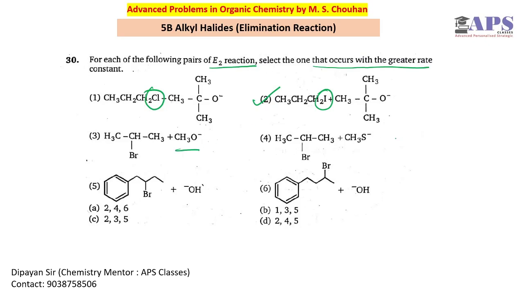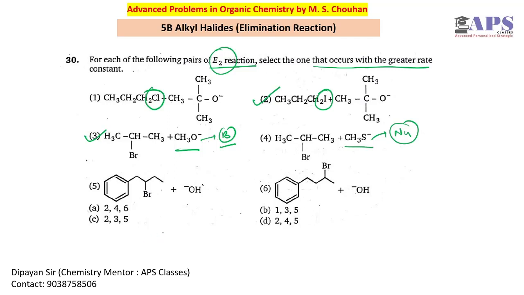Now we have CH3 minus and CH3O minus and CH3S minus. CH3S minus is nothing but a nucleophile. It can't be a base, but this is a base. Okay, so you have to go for elimination reaction. So a strong base must be present. So in this case, 3 is the correct one.